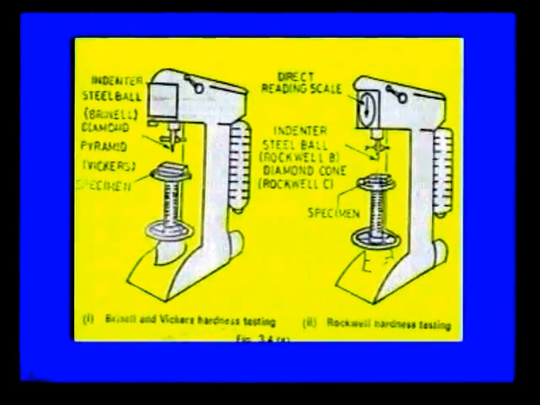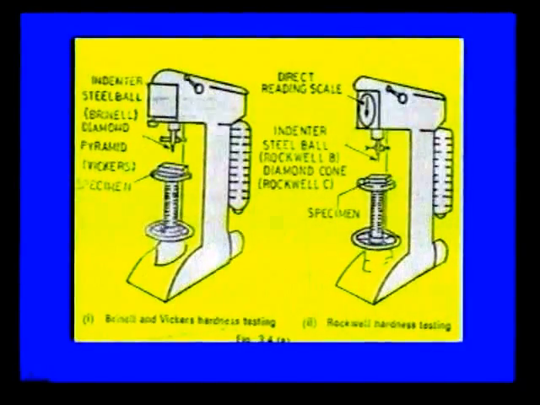In this case the workpiece, this is the specimen, is placed in the vise, which is open. The top surface of the specimen is prepared and chalk powder is applied on it, and the vise is moved vertically upwards such that it can touch the indenter. Here we are using a steel ball indenter for soft materials and a diamond cone for hard materials. This is the direct reading scale, where we can read the value directly after application of the load, either with the steel ball or with the diamond cone.